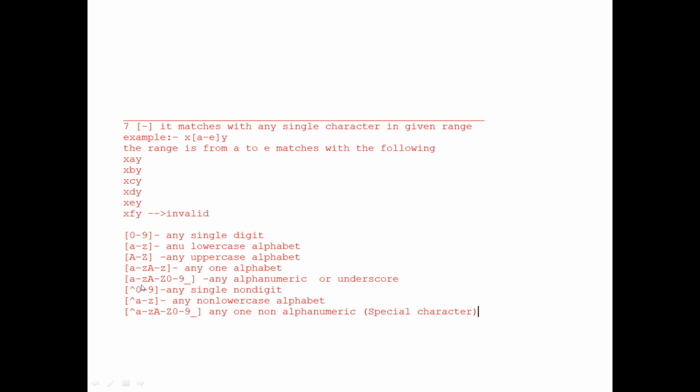If you give the instructions like this within the square brackets, the system will consider any letter, either capital or small. If you give a to z, A to Z, 0 to 9, any alphanumeric, and also underscore. I just give an underscore, so underscore also will be considered in regular expressions for extracting data.